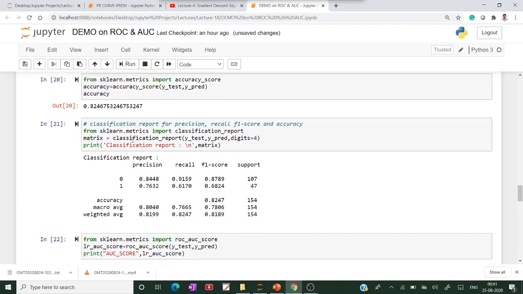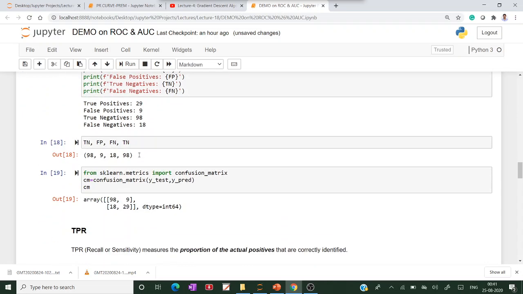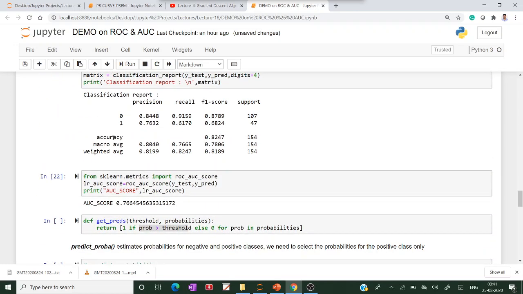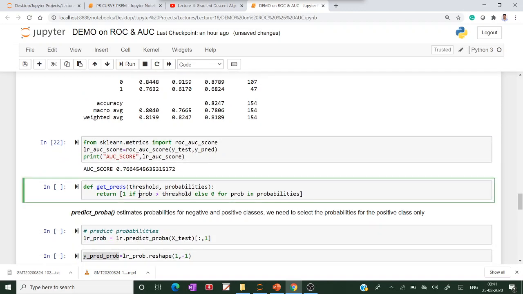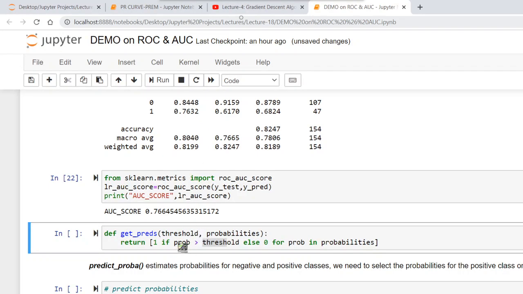So these are the evaluation metrics: the confusion matrix, TPR, FPR and AUC. By default, the threshold value is 0.5. The probability is compared against the threshold. If the probability value, for example 0.98, is greater than 0.5, we consider it 1.